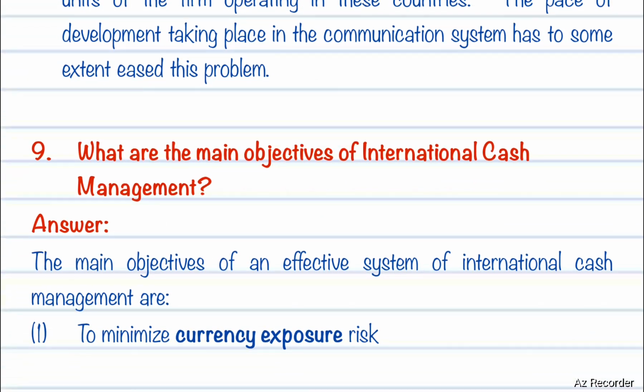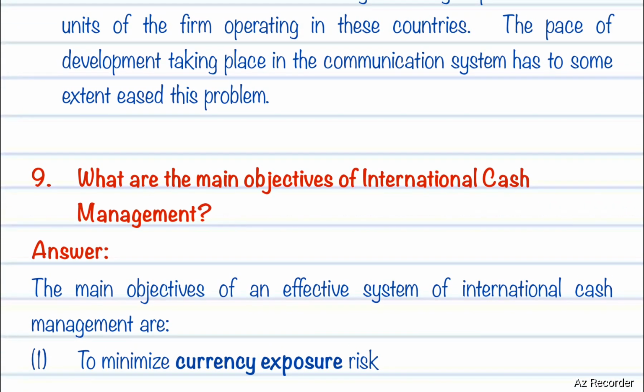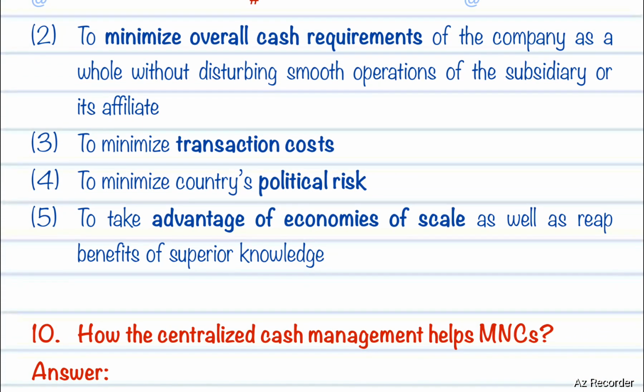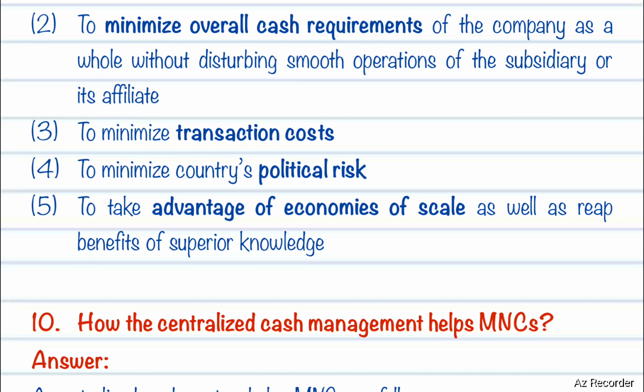What are the main objectives of international cash management? The main objectives of an effective system of international cash management are to minimize the currency exposure risk, to minimize overall cash requirements of the company as a whole without disturbing smooth operations of the subsidiary or its affiliate, to minimize transaction cost, to minimize country's political risk, to take advantage of the economies of scale, as well as reap